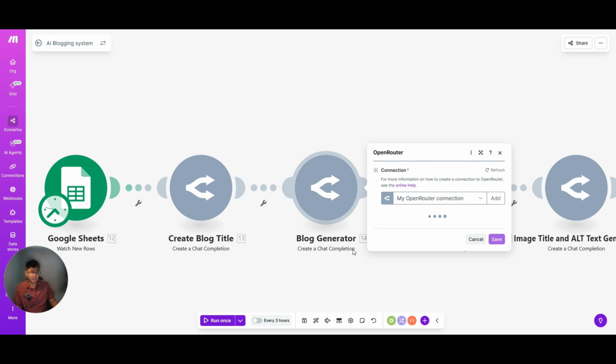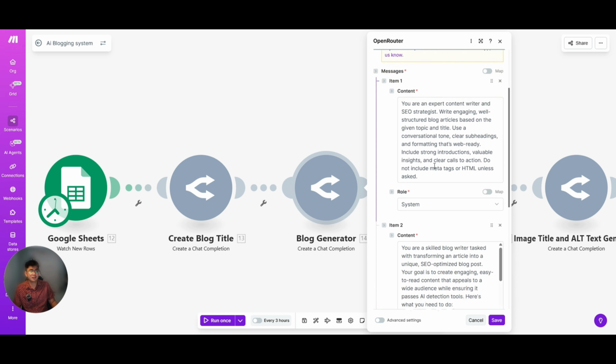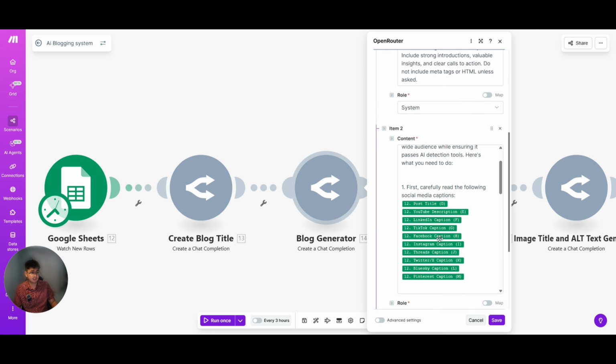And now for this other create a chat completion module, I ask it to write a full blog post. It is structured with headings, intro, body, conclusion, based on the social media captions that are found on the Google Sheet.